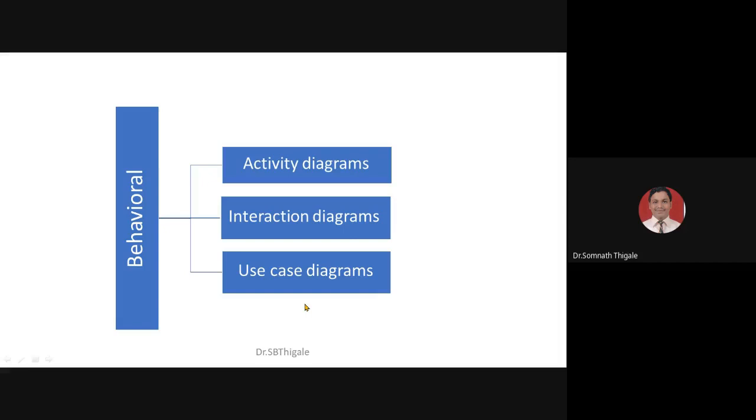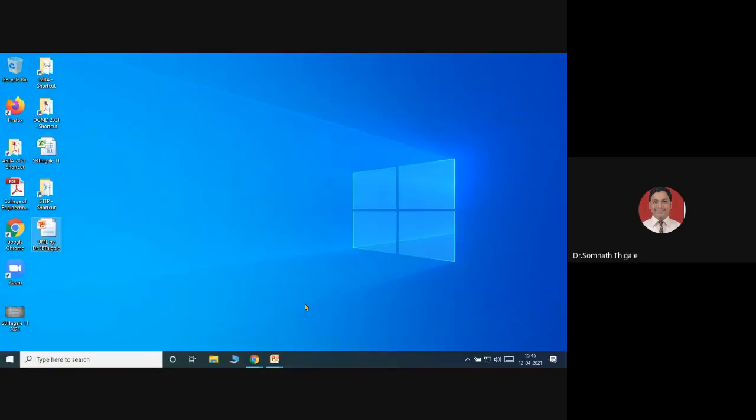As per my experience, if we look at various corporate structures, they prefer to draw the diagrams in the format of first a use case diagram, then an activity diagram, then interaction diagrams, and then one more behavioral diagram, that is the state chart diagram. And the same sequence we are going to follow, even in the tool which we are going to use, that is the StarUML tool.